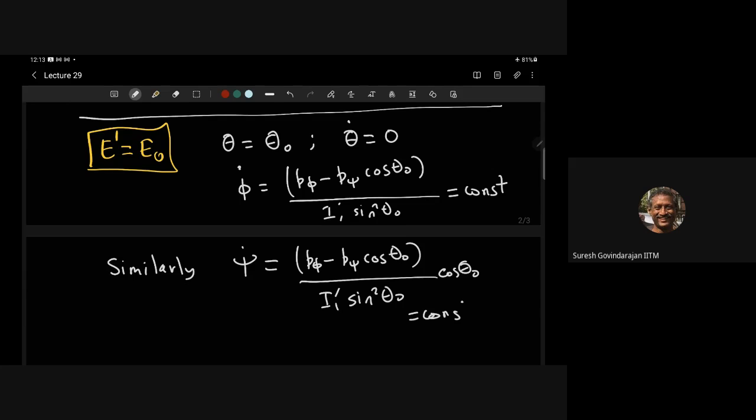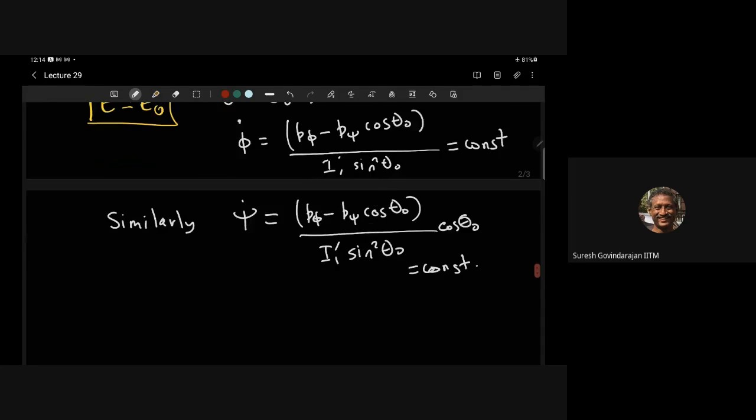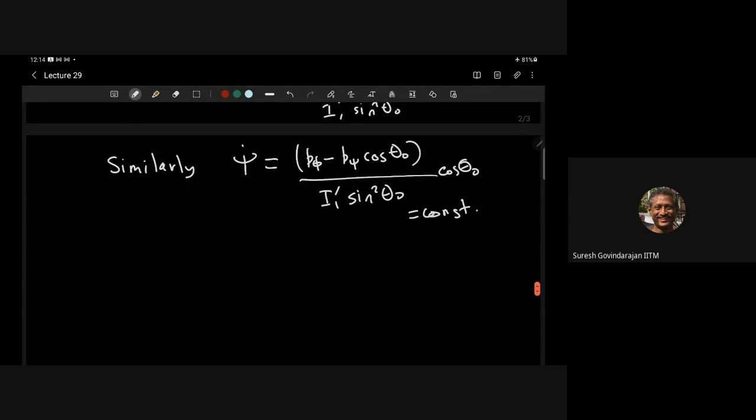is also constant. Okay, is this clear? And you can see that once you give me theta naught, p phi and p psi all work together. And so what happens here is that there is only the top precesses,